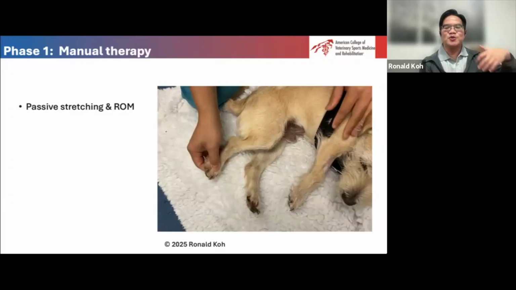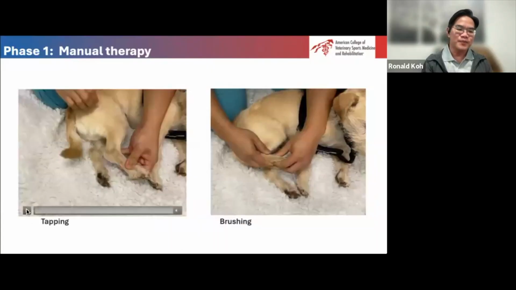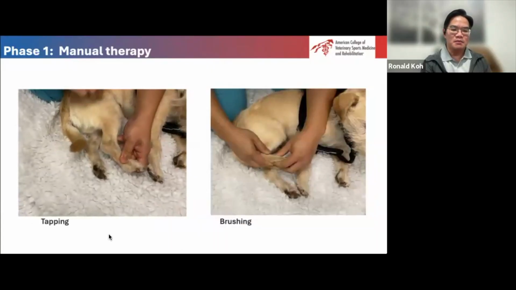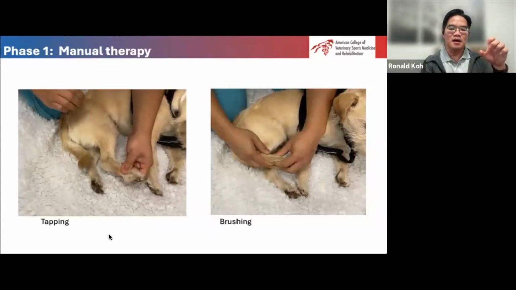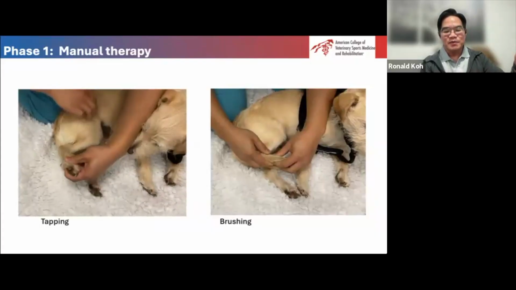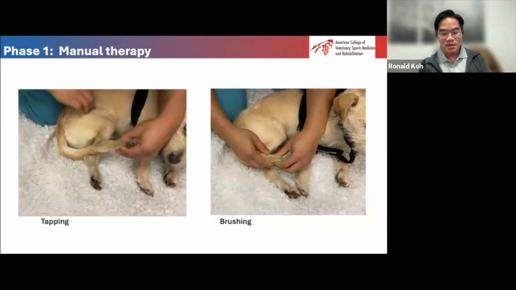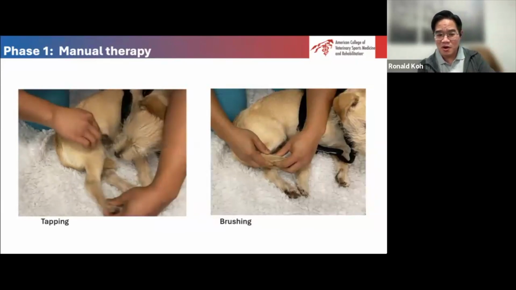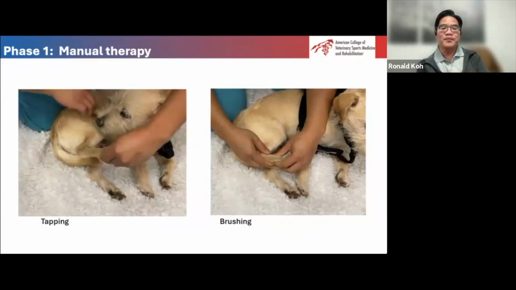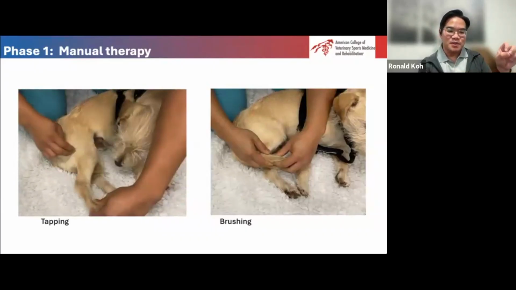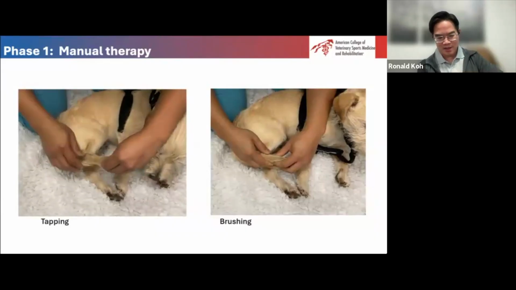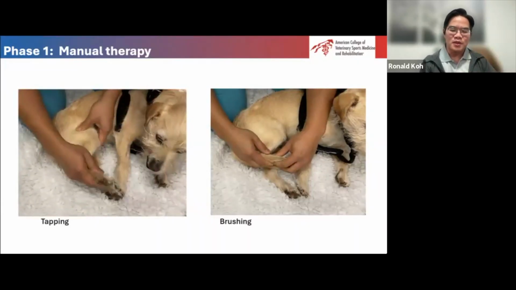So you basically do half of it and the dog does half of it, right? So you extend it, and they are the one flexing it, okay? So it's a very good kind of exercise to do. Tapping, so again, tapping the muscles kind of contracts the muscles. Now, when I tap the quad, I extend the knee joint because when the quad contracts, it will extend the limb, right? Now, when I flex the knee joint, I tap the hamstrings. I just go and do that for a couple of minutes